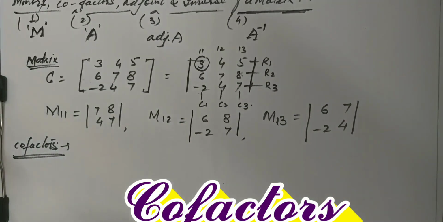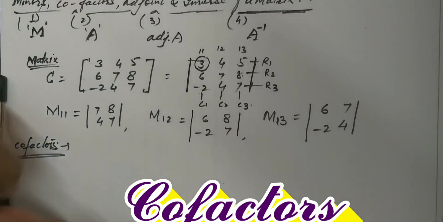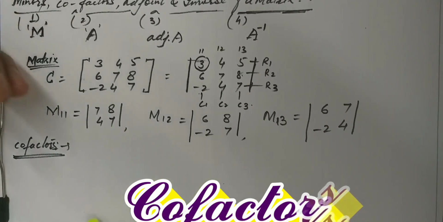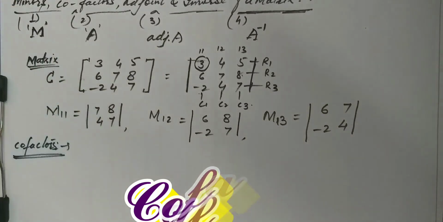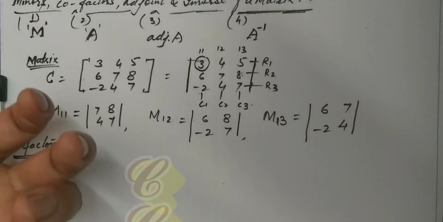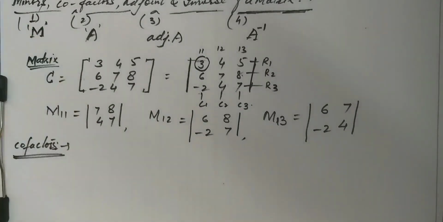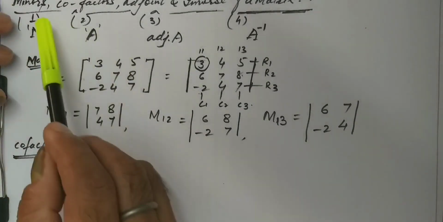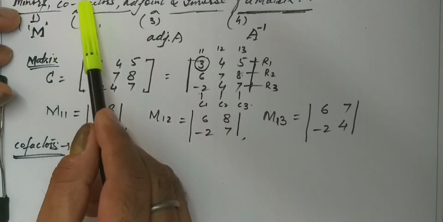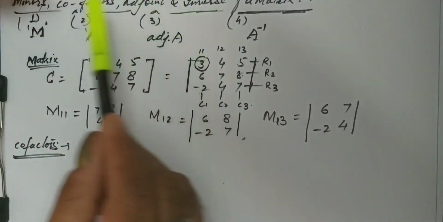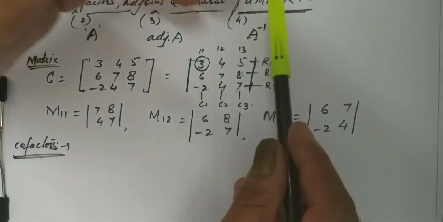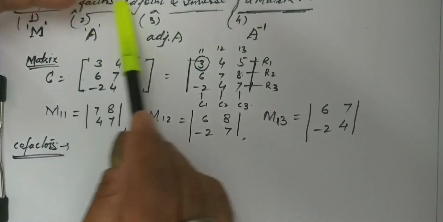For example, I give you this example of the number system. First we start with natural numbers 1, 2, 3 and so on, and then second is whole numbers. So 0 plus natural numbers are called whole numbers. Then the third is integers. That means in whole numbers natural numbers are included, in integers natural numbers and whole numbers both are included. So slowly minus is a first step, and then in cofactors minus will be merging, and then in adjoint of a matrix these both will be applied, and then for inverse of a matrix these 3 will be used.